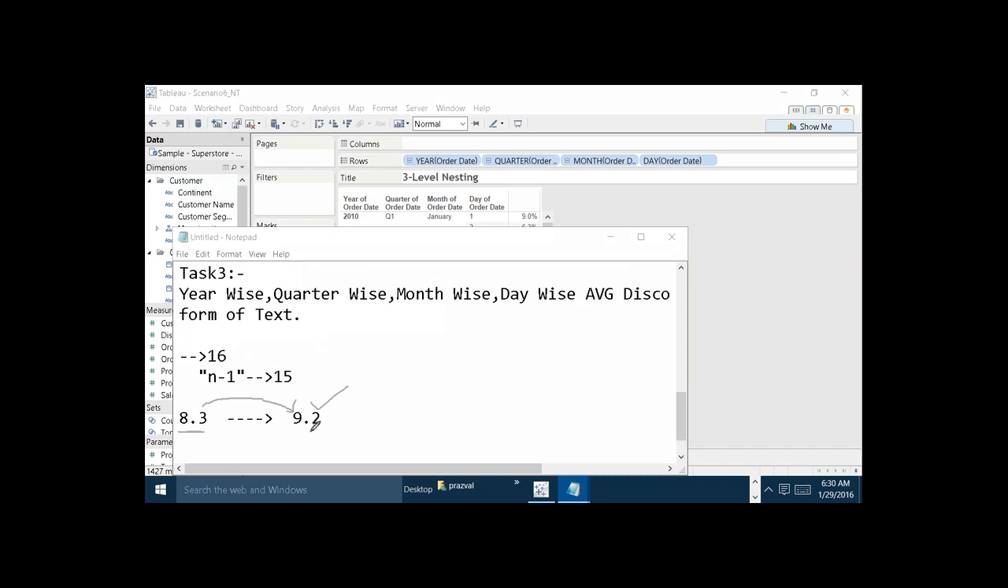Whatever workbooks you build on 9.2, if you try to open them in 8.3, it is not possible, because 9.2 is the latest version and 8.3 is the prior version. But even so, if you want to open the workbooks built on 9.2 in 8.3, it is also possible. So here we have to